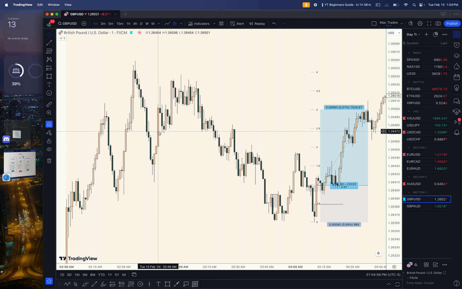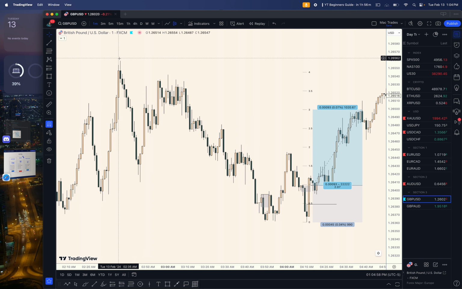So back to GBP USD. Like I was saying, it did not correlate at all with Euro USD this morning. I was looking for sell positions all within this area, but as we can see, the reason why I did not take a sell is simply because we did not break external liquidity the entire time. We were just simply internal, creating internal structure. You can trade internal structure, but if it's internal structure on the M1 time frame,